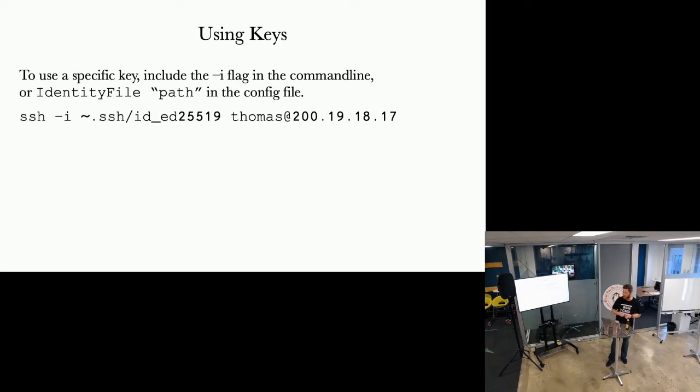So if you have more than one private key or a key set on your system, you want to be able to stipulate which one you want to use for each connection. And the way that you do that is you specify it with the -i flag, and then you provide the path to that key. By default, though, SSH will look in your .ssh directory, which is a hidden folder, for any key starting with id_ and anything after that, which could be DSA, which is now deprecated. It could be RSA. It could be EC elliptic curve keys and ED25519 keys.